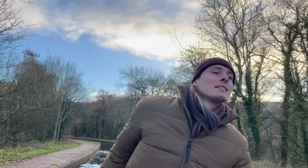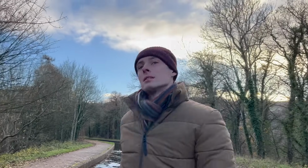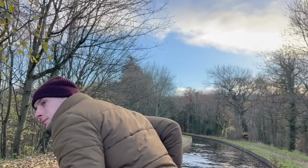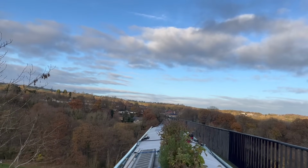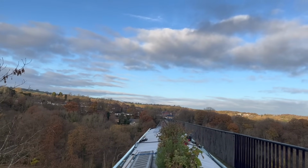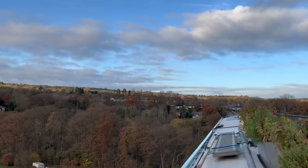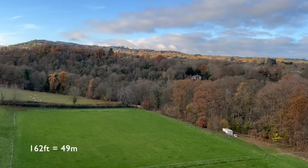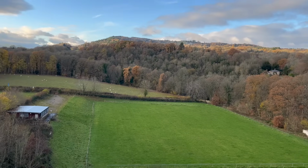But after a few early wobbles, Alex became a lot more confident, and really there's nowhere to go other than straight. The canal sits in a narrow iron trough, which is only slightly wider than the boat. There's the train. Look at that. But you're travelling at 162 feet above the ground. Oh, it's quite high,